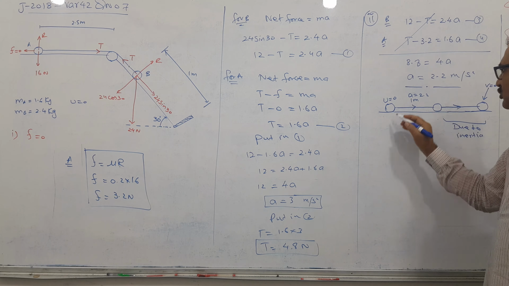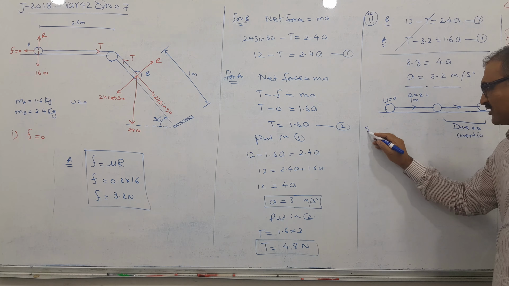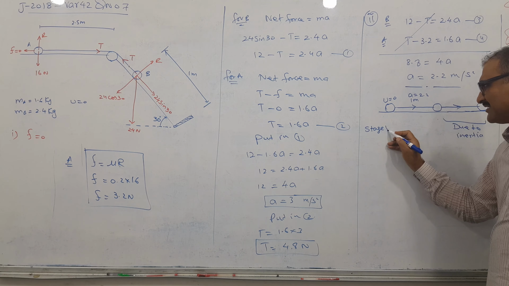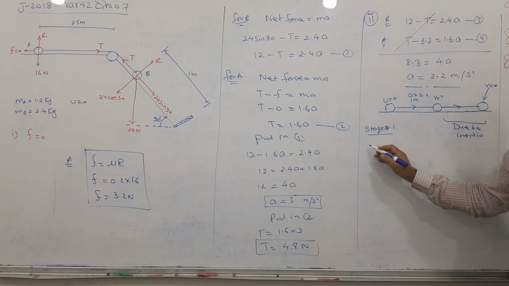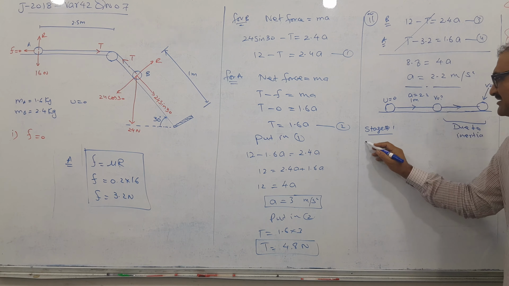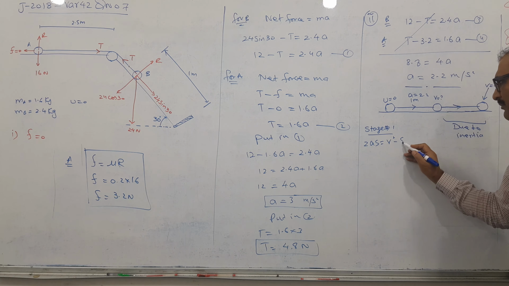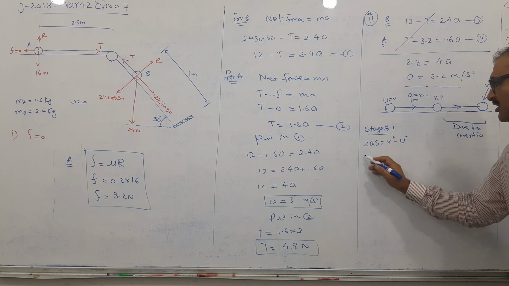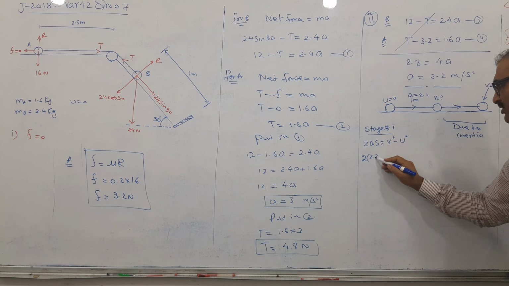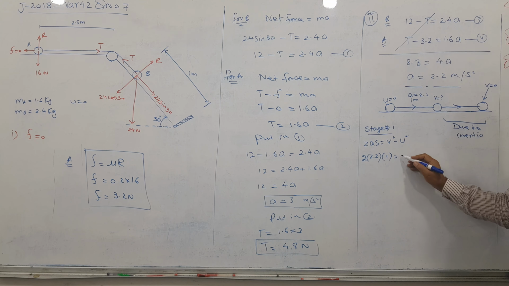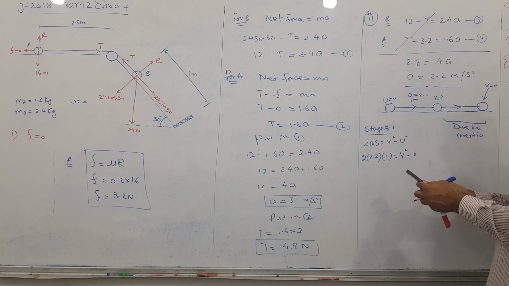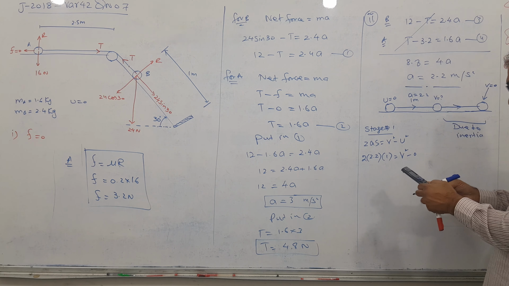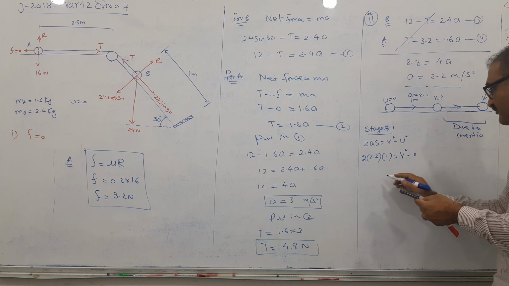Let's talk about stage 1, or step 1, no problem. What is the plan? I need to find V. Using 2AS equals V squared minus U squared: 2 times acceleration, I have 2.2, and S is 1 meter. The initial speed U is 0. The answer is 2.2 into 2, which is 4.4. If I take the root of this answer, my velocity is coming